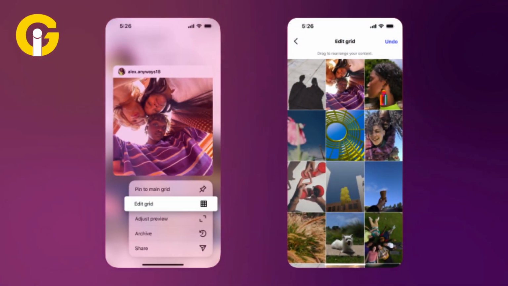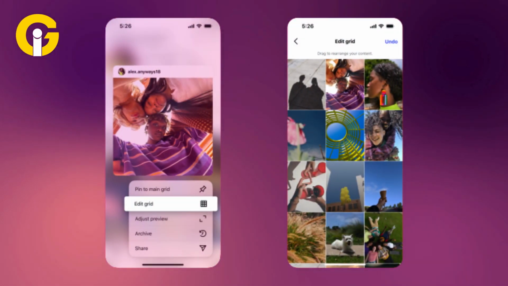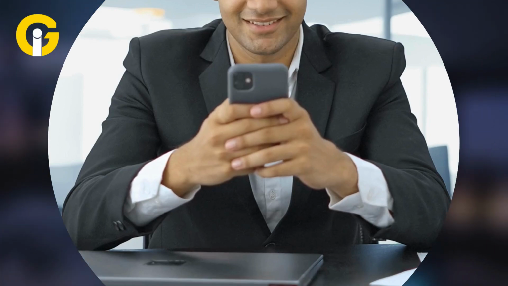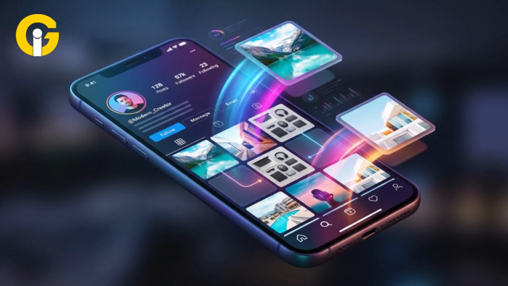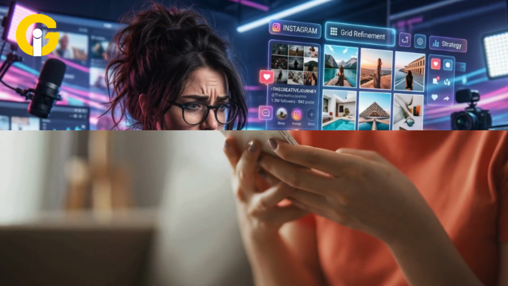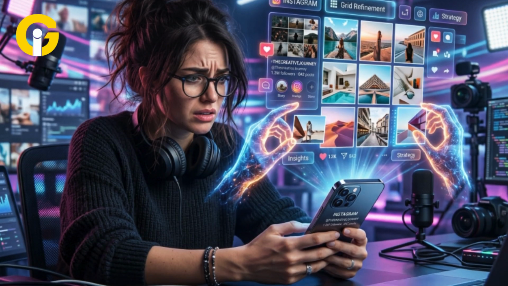The Meta-owned app has finally given you the ability to rearrange your grid, almost a year after Instagram head Adam Mosseri announced that the feature was coming. According to sources, you'll be able to move posts around regardless of when you made them anywhere you are in the world. Meta told the publication, "We know this is long overdue, but we wanted to take the time